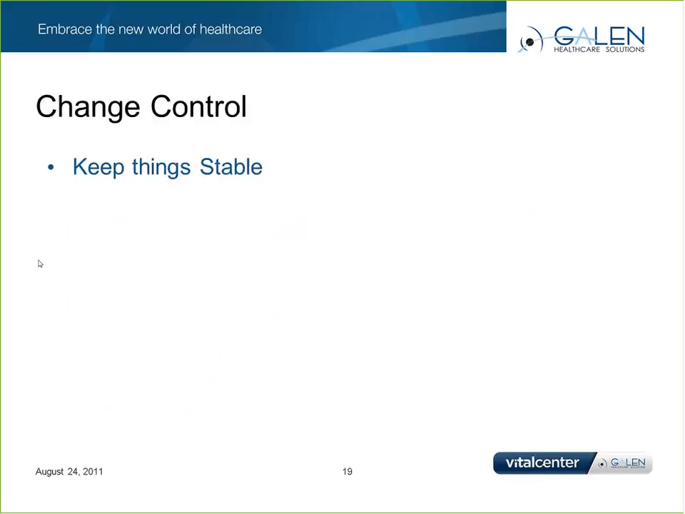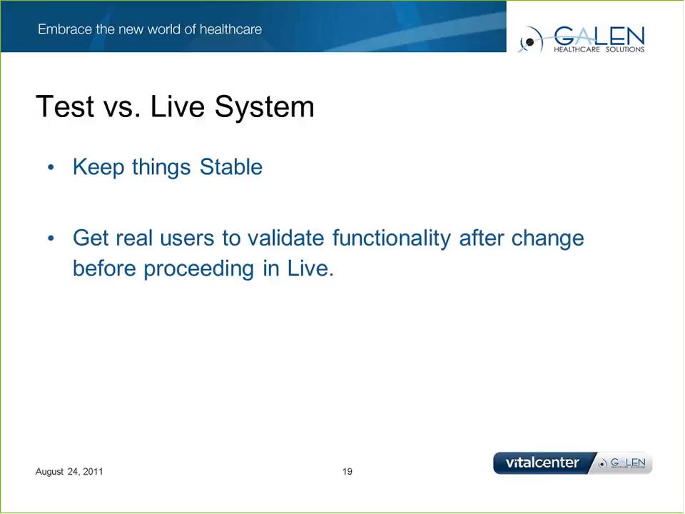Not a whole lot on this slide, but change control. Change control is important. We want to keep things stable. Most clients have this well under control, but there's almost always room for improvement. Test versus live system. We want to apply changes in test first. And once we've applied the changes, we want to get real users to validate functionality after the change, but before